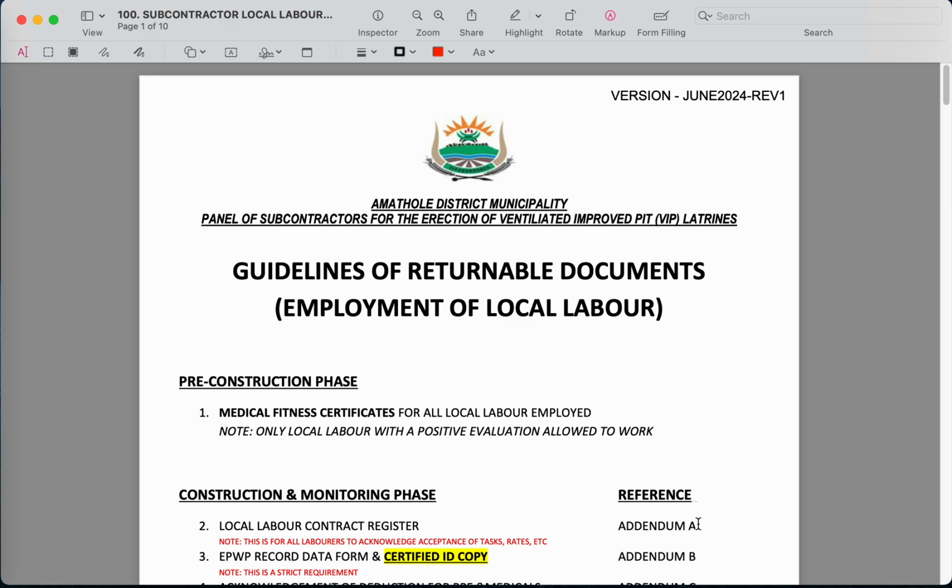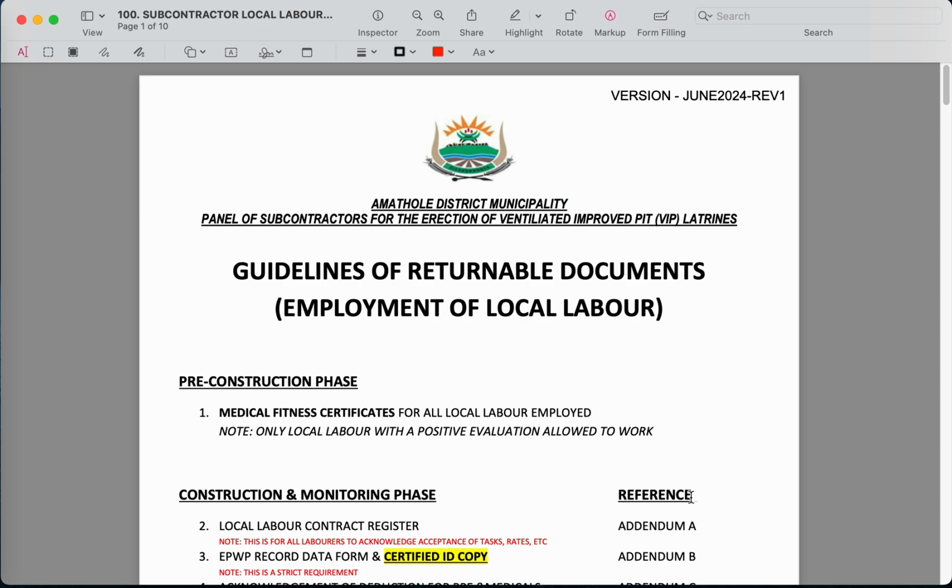Today we're going to talk about the ADM subcontractor documents that they need to submit, particularly focusing on this document that I have in front of me, which is a guideline document for all the returnable documents that the contractors themselves need to submit in order for them to continue with the work that is going on currently. I will ensure that all the contractors get a copy of this guideline of returnable documents, and I would also ask and urge all the contractors to ensure that this is submitted as soon as possible so that we can fast track the process, especially of the